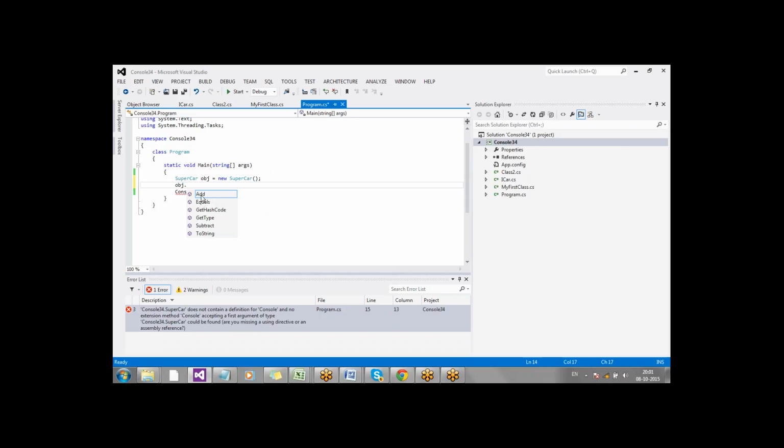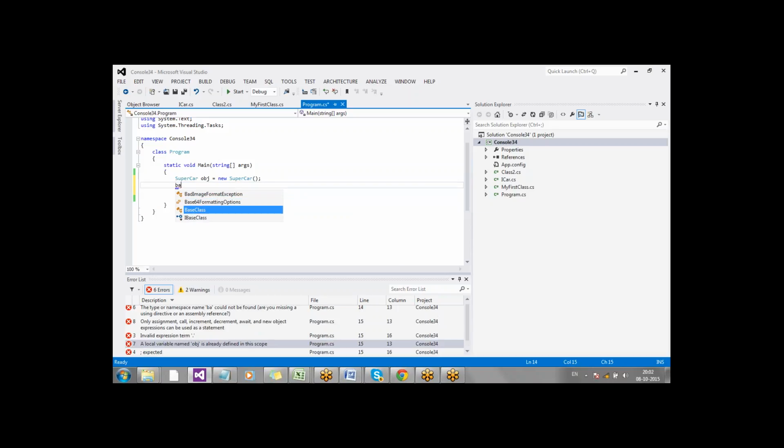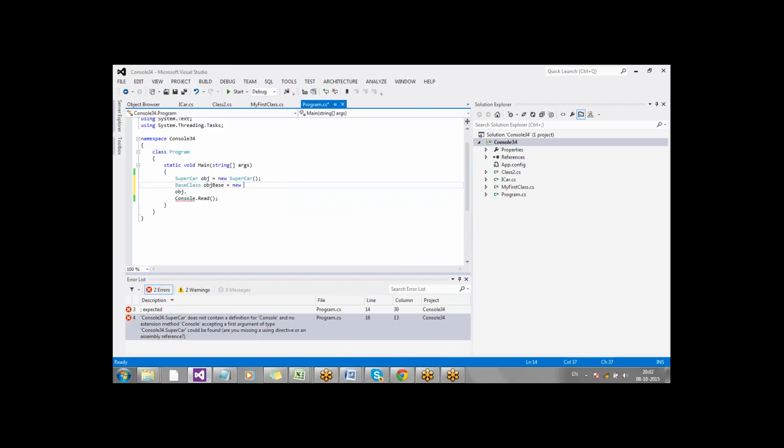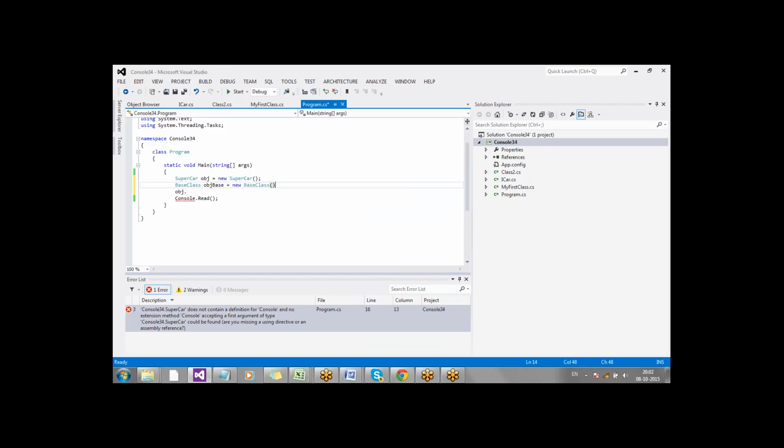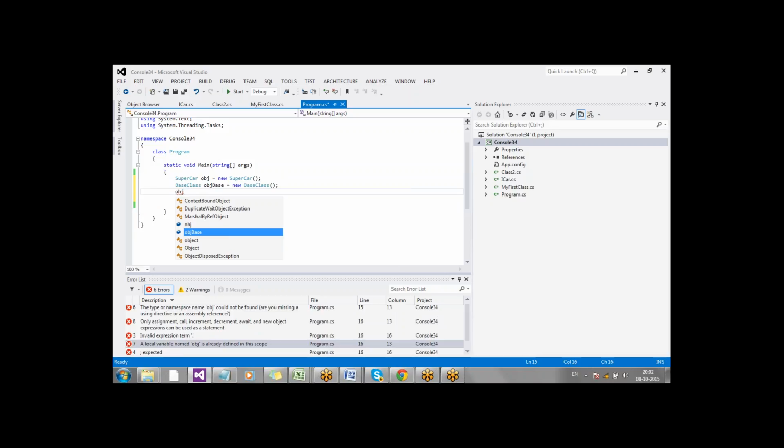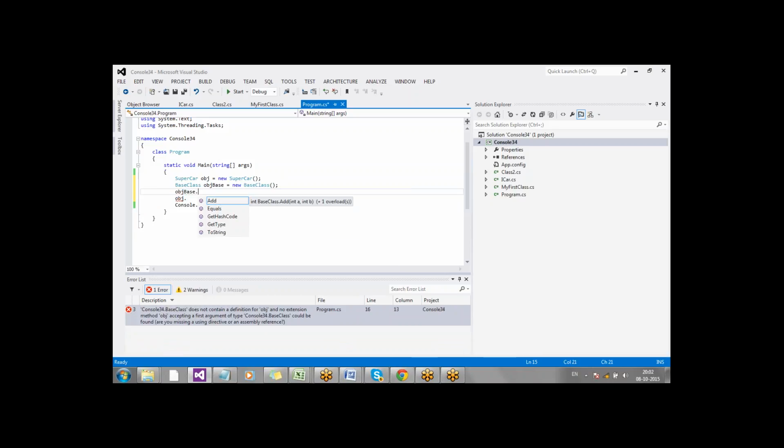Which means your base class's private method is accessible only inside the defined class or containing class. Obj base equal to new base class. Fine. Now if I use my base class instance, I should be able to access it.